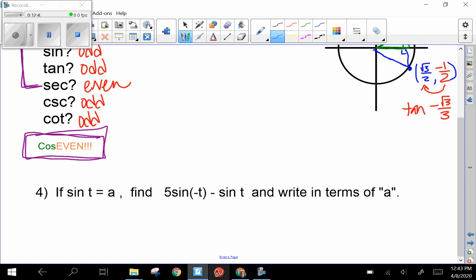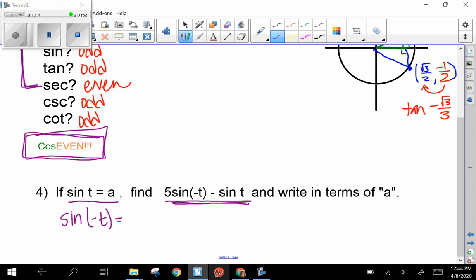This does reference, it's using our knowledge of even and odd functions here. The instructions are going to give you several things like this. They're going to say sine of t equals a, cosine of t equals probably b, and tangent equals c, or something like that. And they're asking us to write this new expression in terms of a. And they're asking us to do that using our knowledge of even and odd functions. I know that because I look at this input value and they're asking us about an opposite input. So I think it might be helpful first to determine what we think that sine of negative t is equal